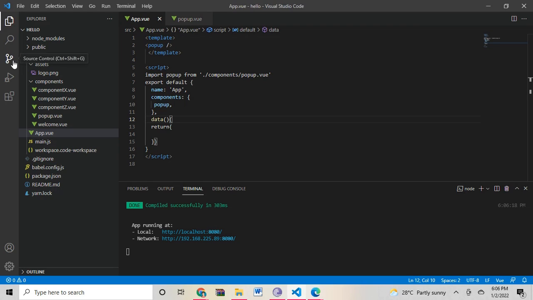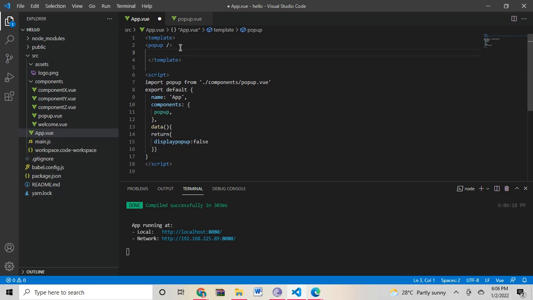Now what we have to do: first, assign a data property called display pop-up. Initially the value of this property is false. Go to the template section.